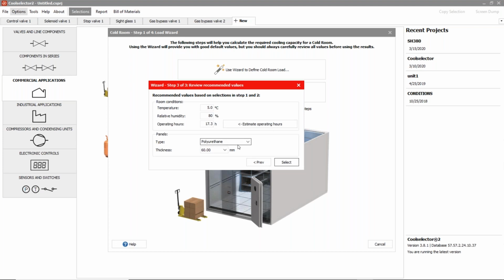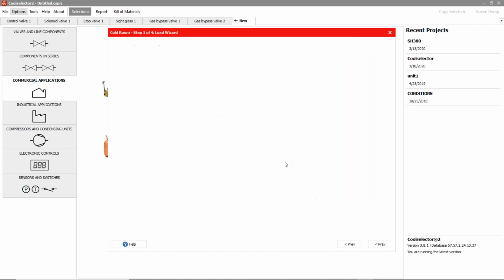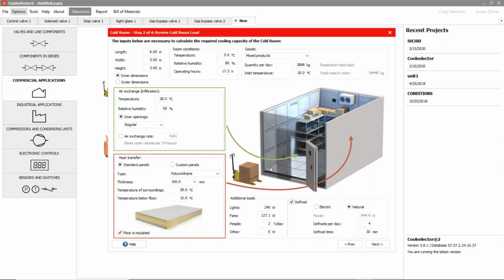Then it's the type of panels. Insulation panels is polyurethane. So far we have here. What is the thickness? So you can define here the thickness of panels. So let's say in our case it is 100, and then select. Then here you have the results of all the inputs you have done, and other information also about some air